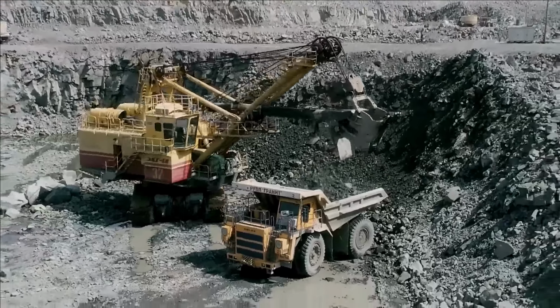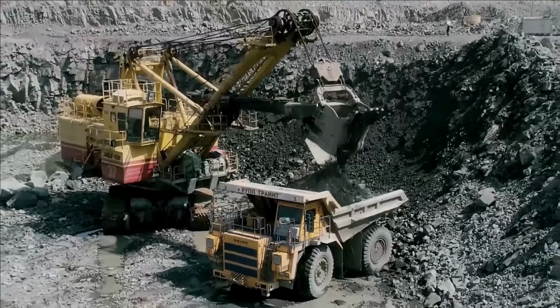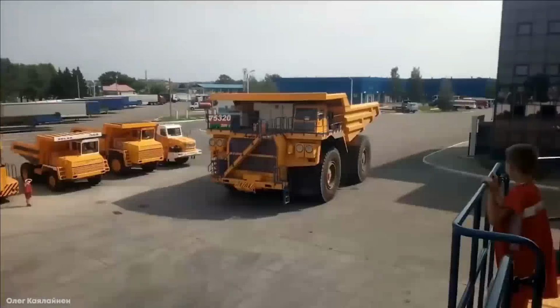Top 10 biggest mining trucks in the world. Let's know about them. It is so fascinating that from discovering fire to making artificial intelligence, humans have come a